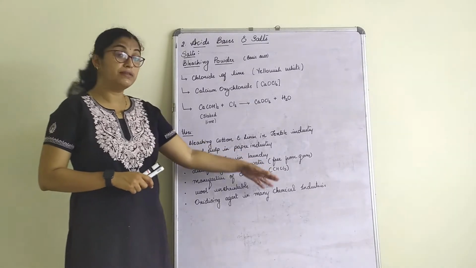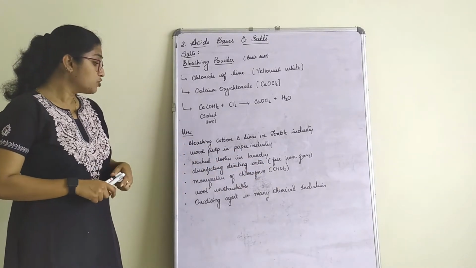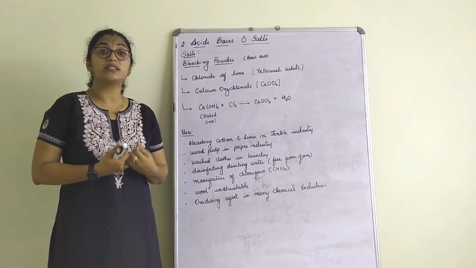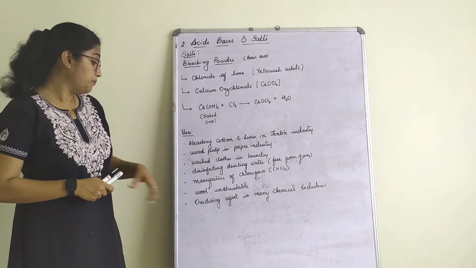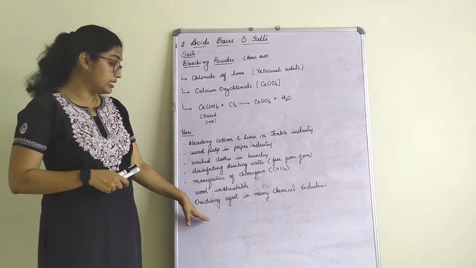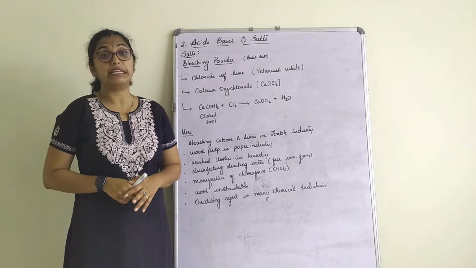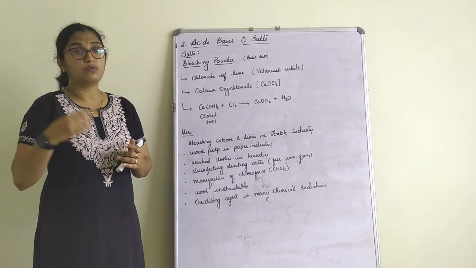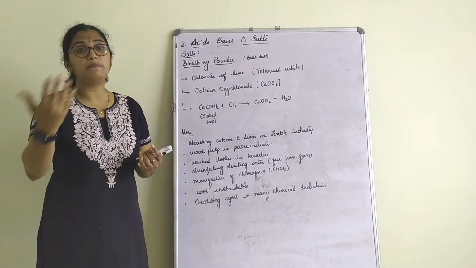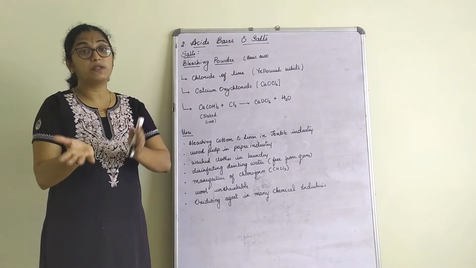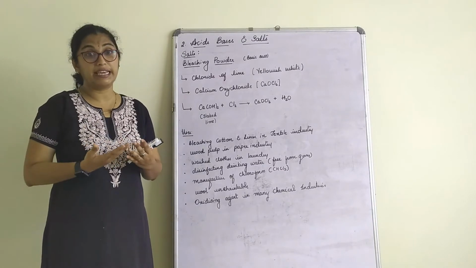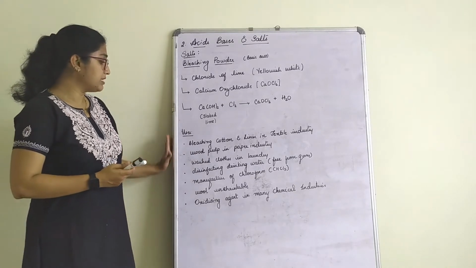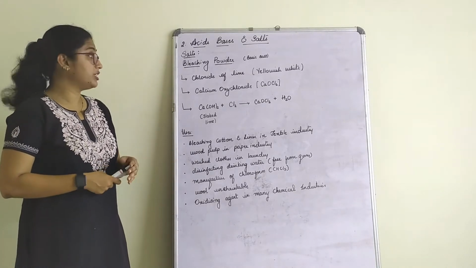It is used in the manufacture of chloroform, CHCl3. When we use it on woolen clothes, it makes them unshrinkable. It is also used as an oxidizing agent in many chemical industries. We all know what an oxidizing agent is. We know what oxidation is, and what helps in that reaction is called an oxidizing agent or a reducing agent. We studied that in the first chapter. So these are a few uses of bleaching powder.